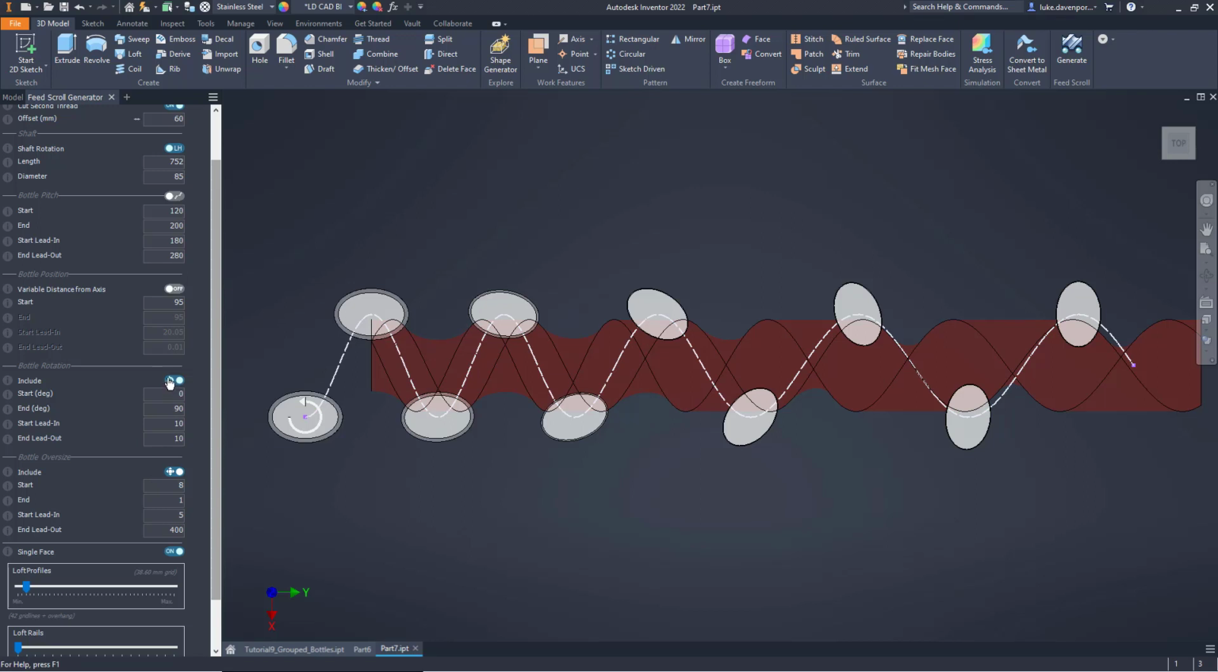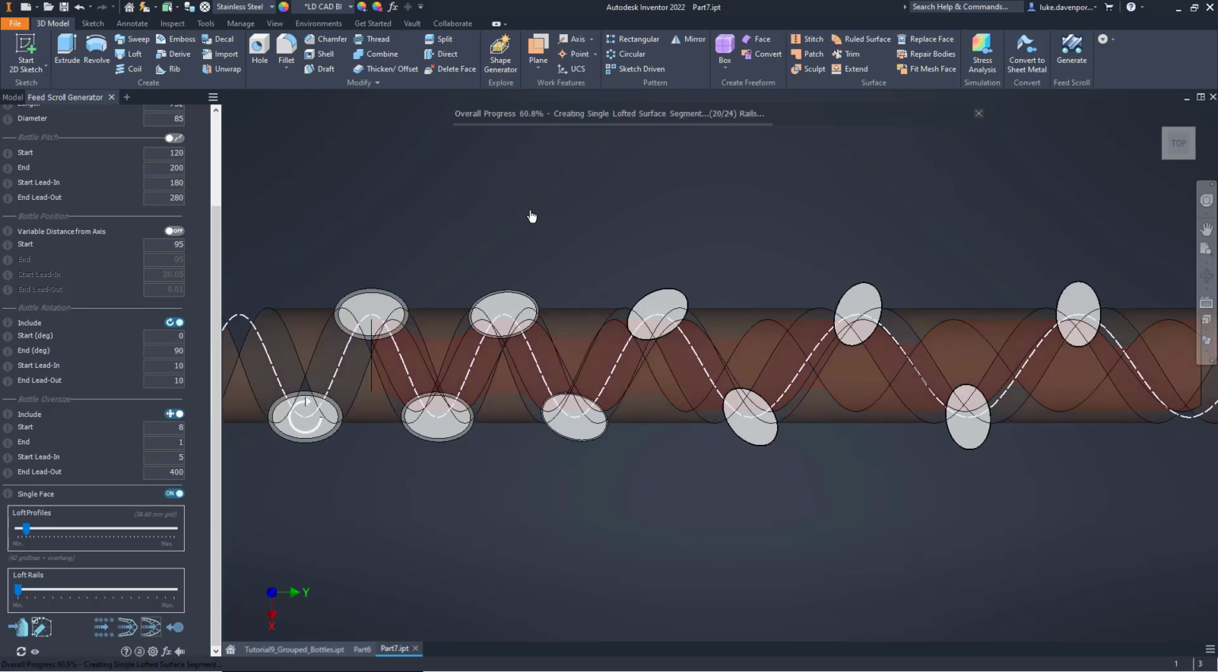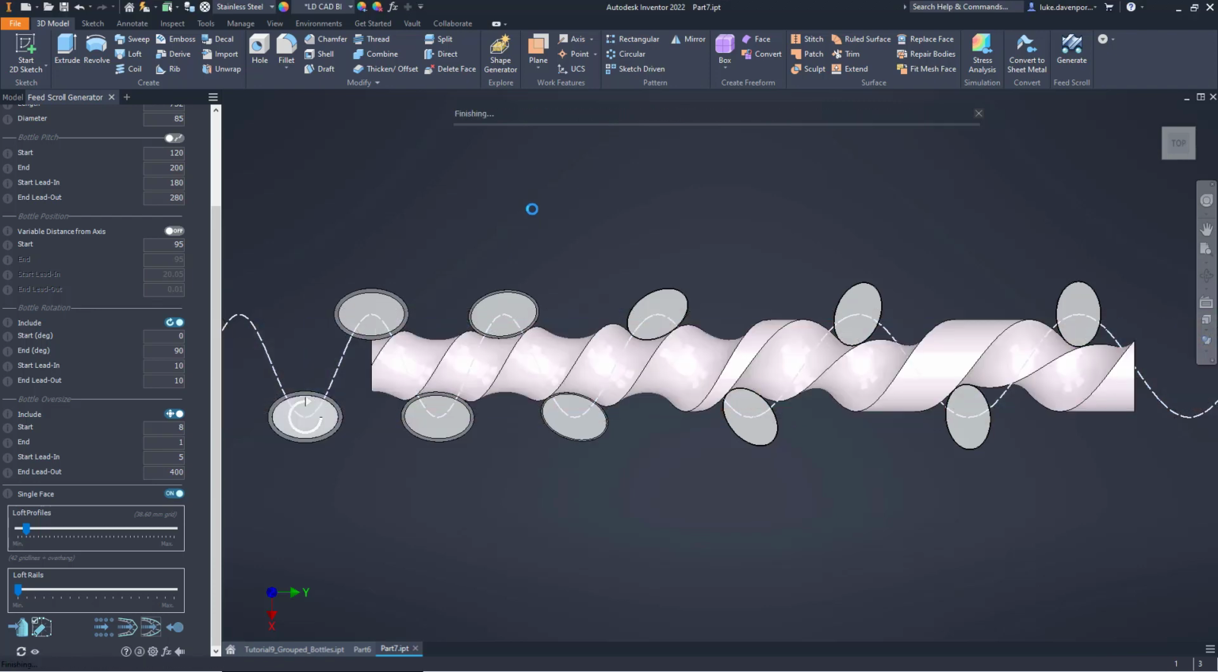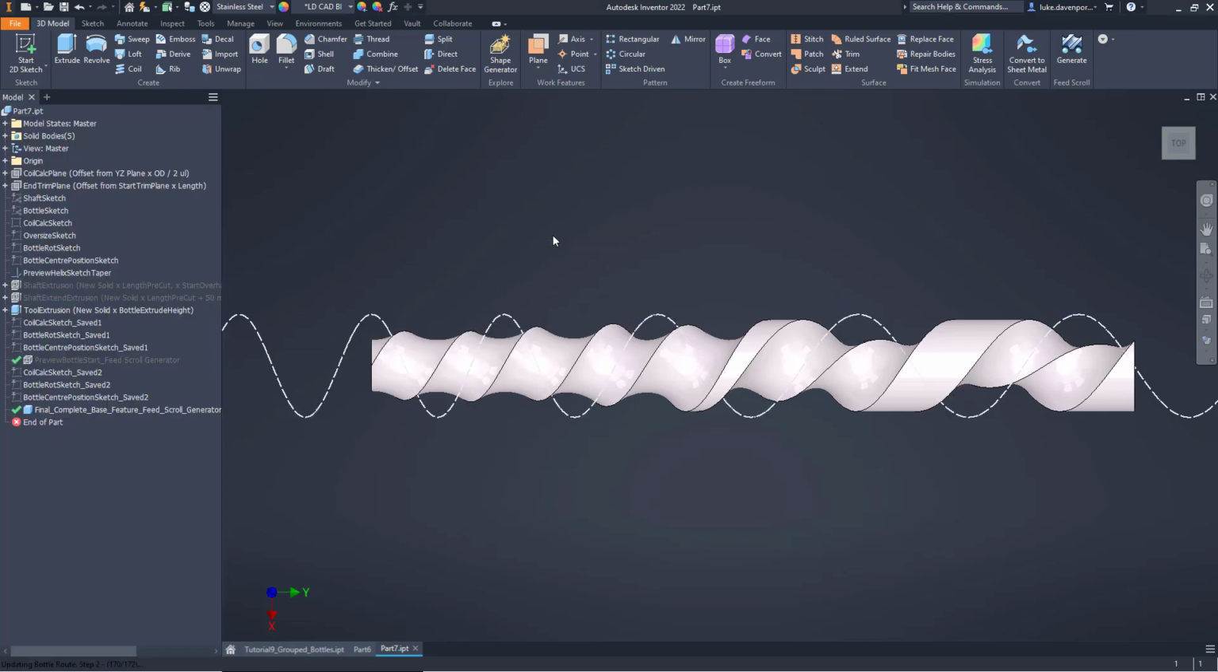Of course, we did say we were going to switch the bottle rotation to be in the opposite direction, so let's do that here now. We've now got clockwise bottle rotation. We could change the amount on the lead in and lead out, but we'll leave those the same. Leave the bottle oversize the same, and we can just hit generate here again. Right, there we go. We've got both threads cut here, and I'll say yes, I do want to continue with another operation